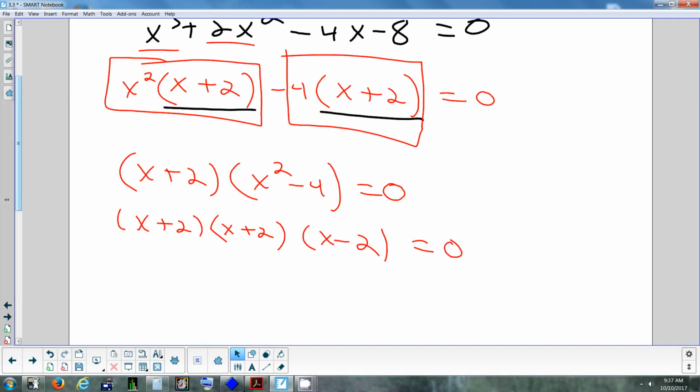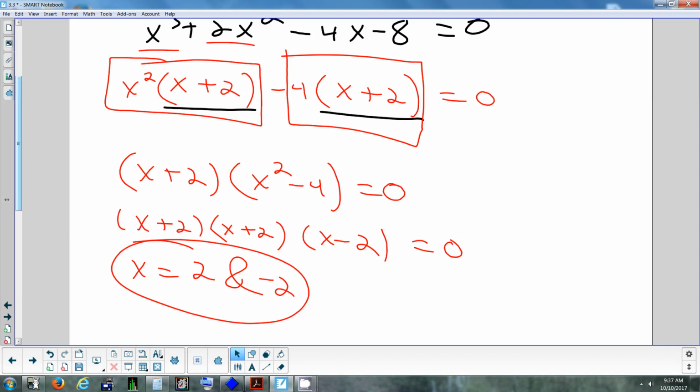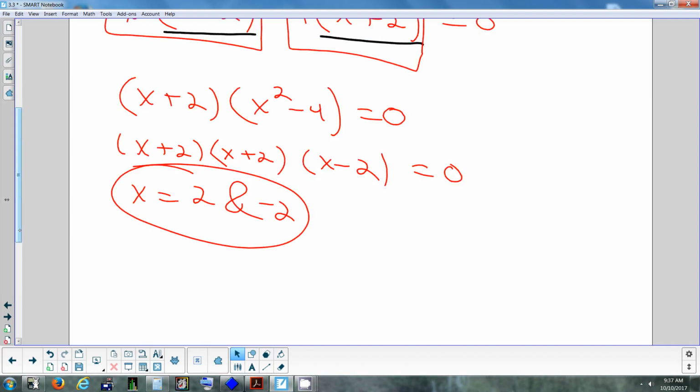So now if we solve it, what are the two places where this would cross the x-axis? I mean, it could have been 3, but in this case we have what we call a repeated root. Sam? 2 and negative 2. Which one of those roots is a double root? Negative 2. So what usually happens at a double root,